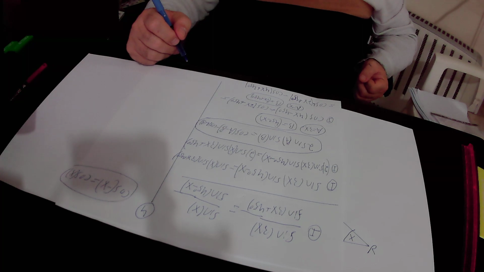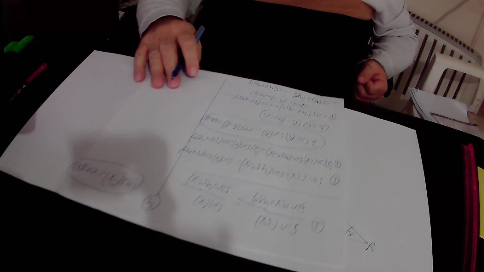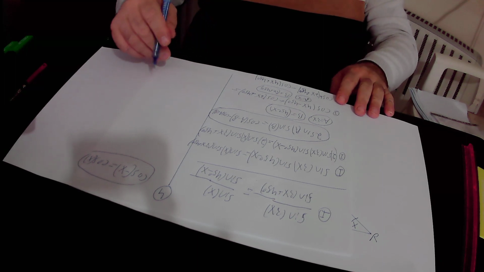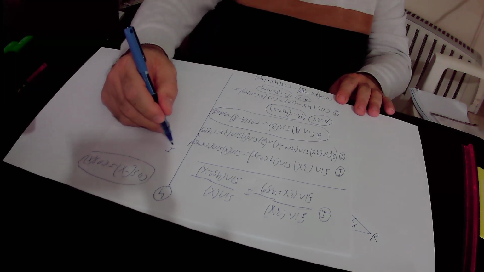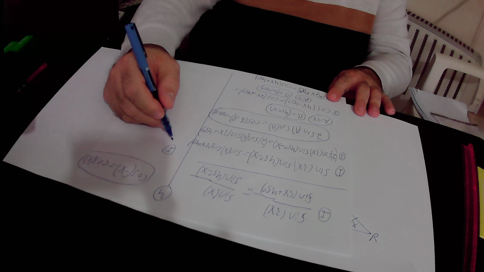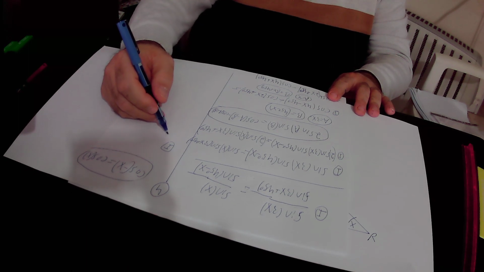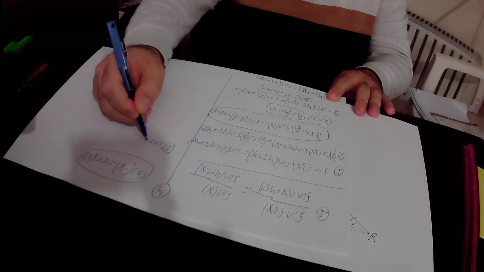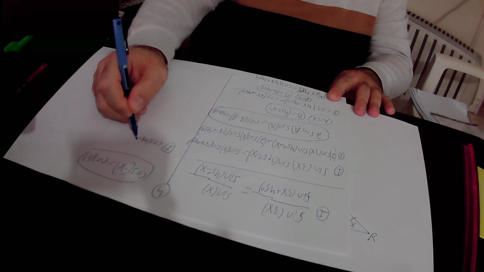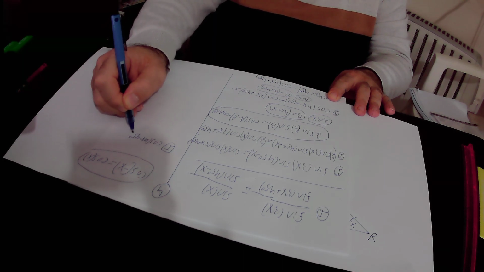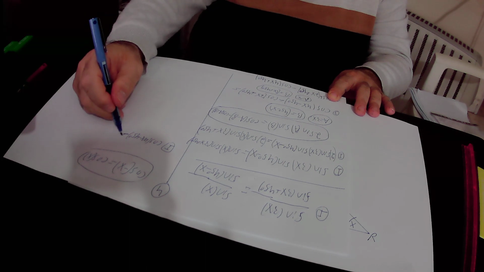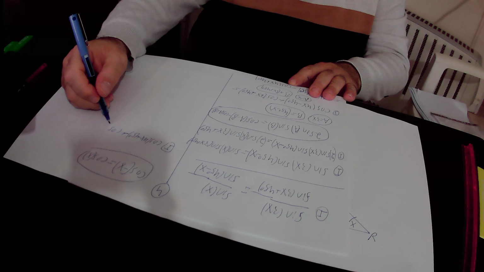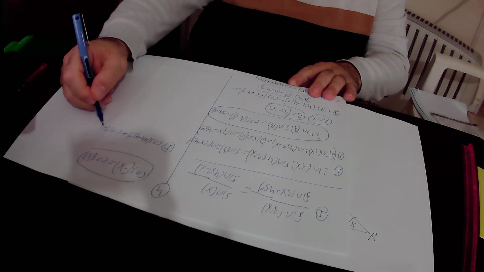So here we will add to this equation number 1 cosine 4x plus 45 degrees, and we'll get cosine 4x minus 45 degrees plus cosine 4x plus 45 degrees